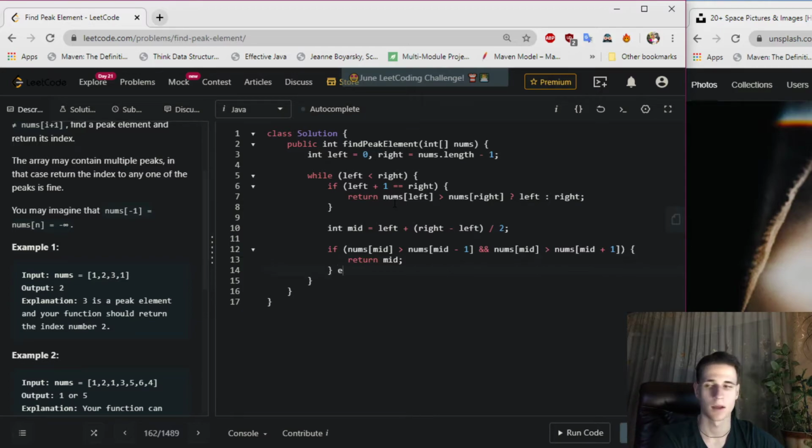Else if it's not, then we check if nums at middle is greater than, again, middle